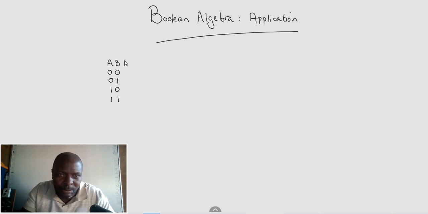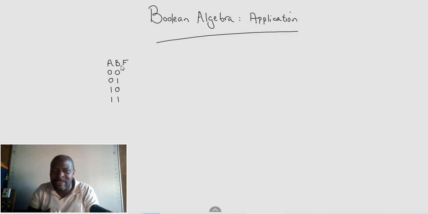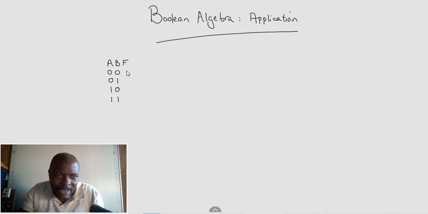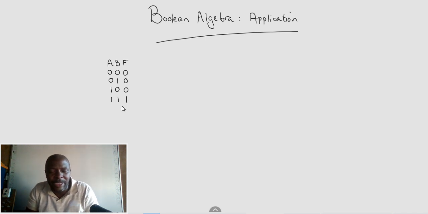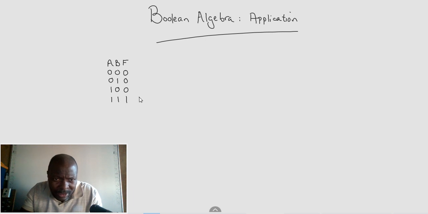Now let's take an output Q, F, Z, whatever. Let's have F. And then let's say we take something as simple as an AND gate. So we know this is an AND gate. Only if A and B are both high do we get an output going high. So now let's look at this: which combination gives us an output? So our F is given there as